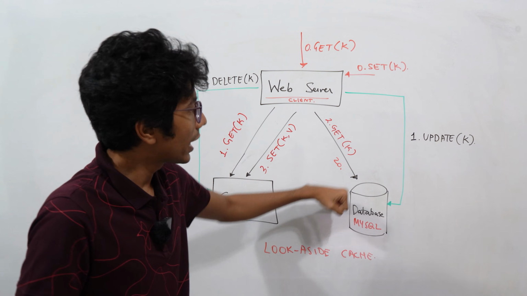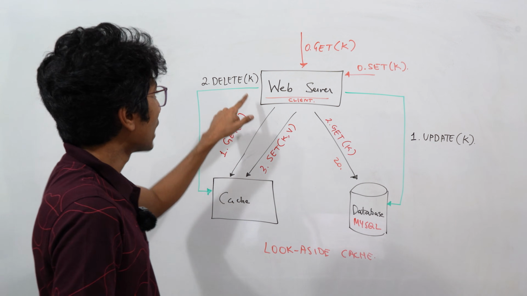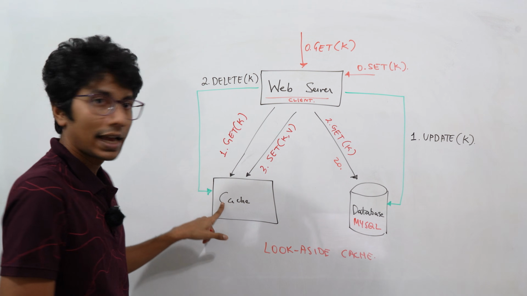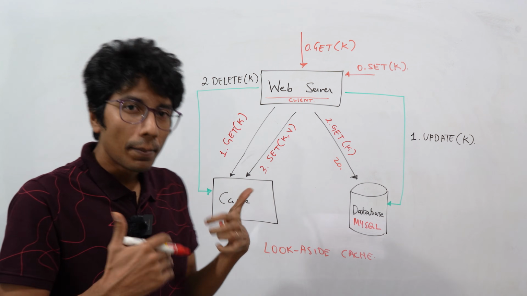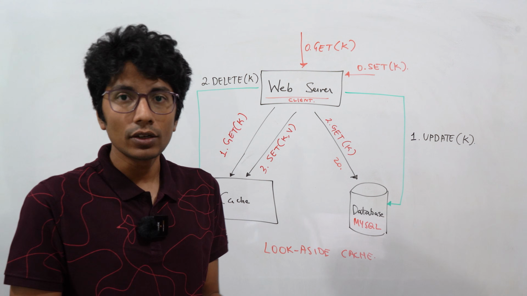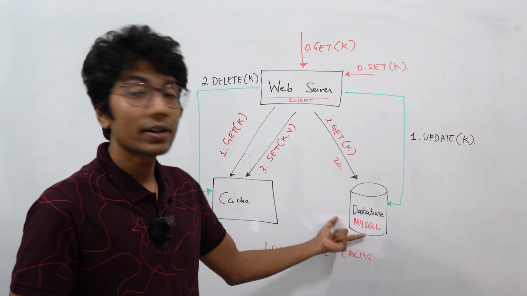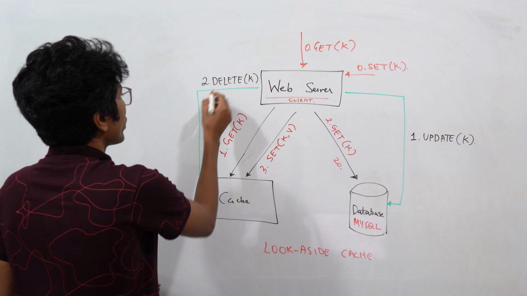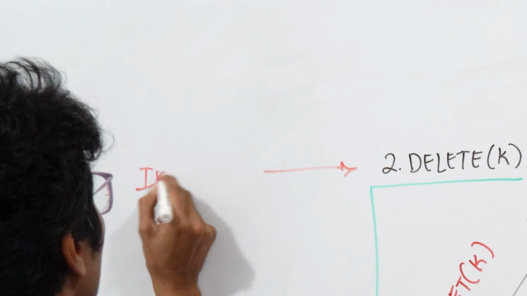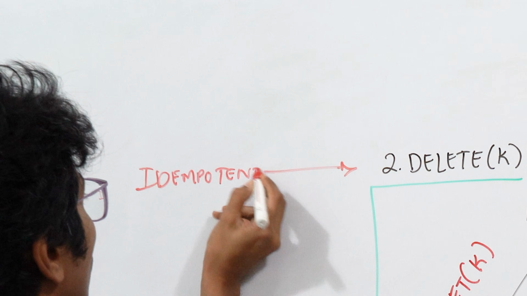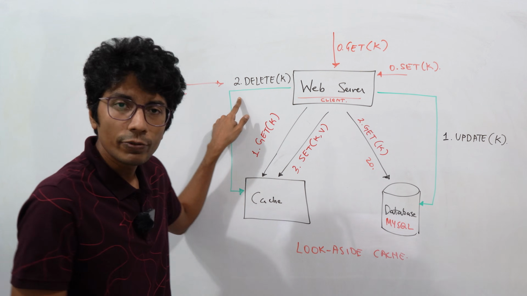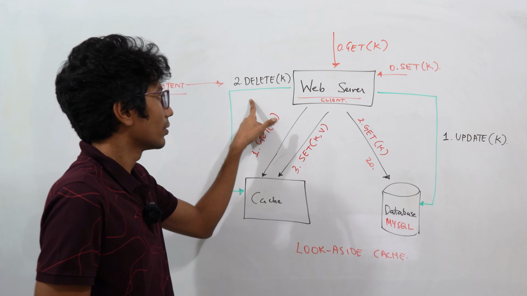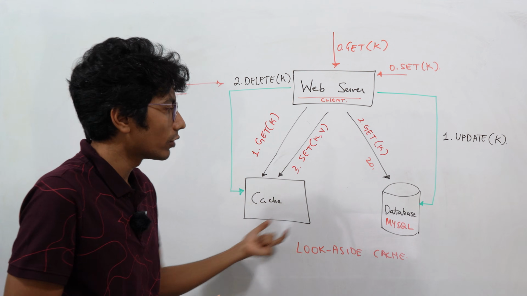Once the database is updated and you get a response success, you will now go and delete that entry for that key in the cache. So instead of updating the cache, you're actually deleting entries when they are being updated in the database. Why is this good? Because this is an idempotent operation. So in case this API call fails, you try to delete the value again and again. It doesn't really matter because you're just going to delete one key from cache, which can always be populated from